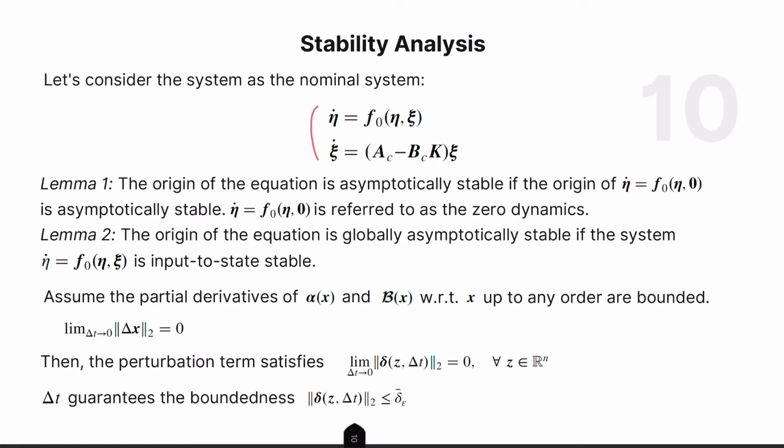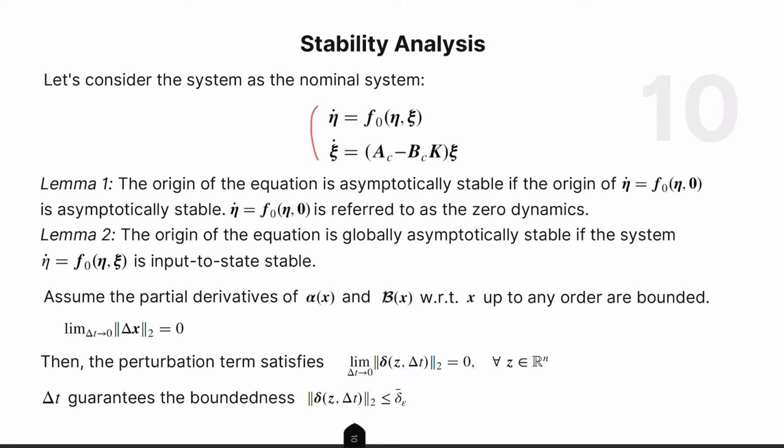And let's assume the partial derivatives of alpha and beta with respect to x up to any order are bounded. Which means that when the sample delta time goes to 0, the norm of delta x becomes 0. Then the perturbation term satisfies this case, which means that as the sample time goes to 0, the norm of the perturbation term becomes 0, and finally that delta t guarantees the boundedness of our perturbation term,